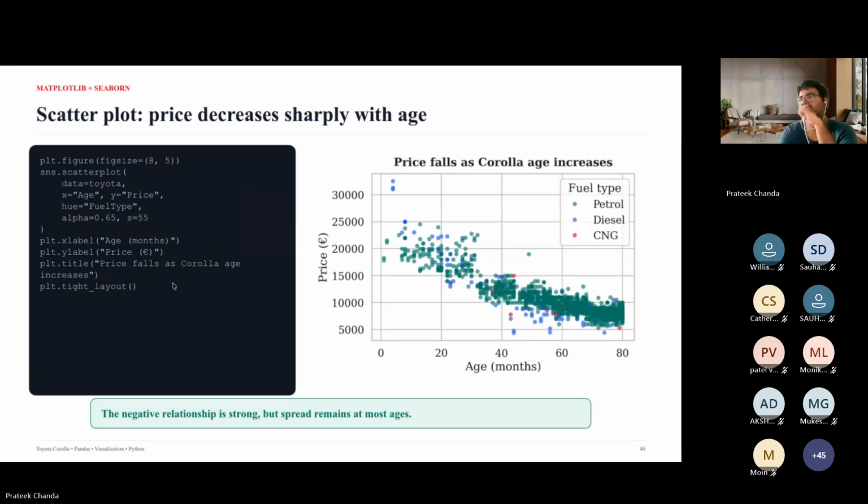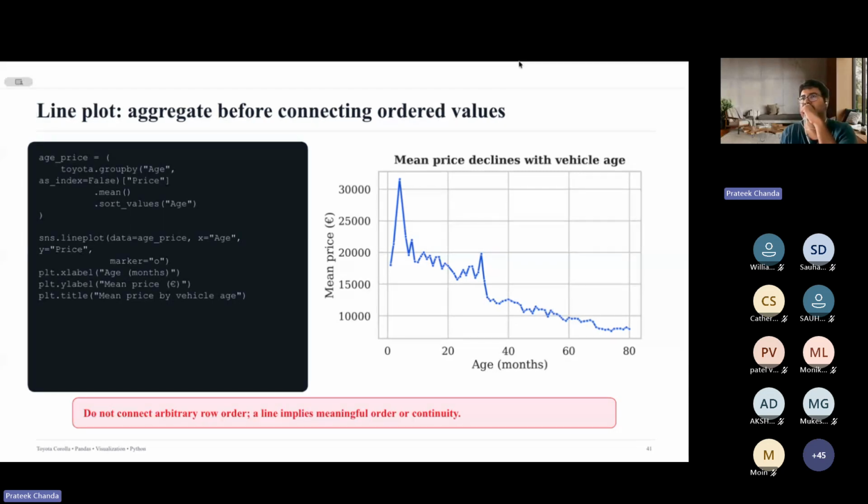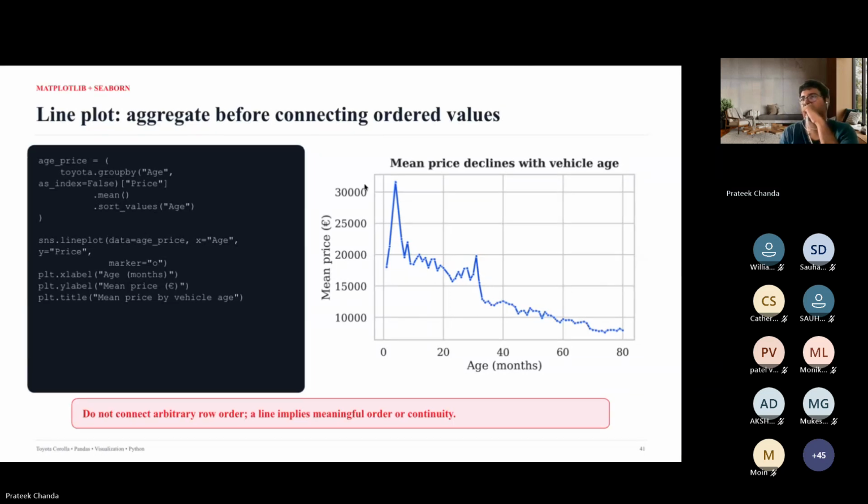So the other thing is something called line plot. A line plot basically means that it connects the data points between any two points using a line.